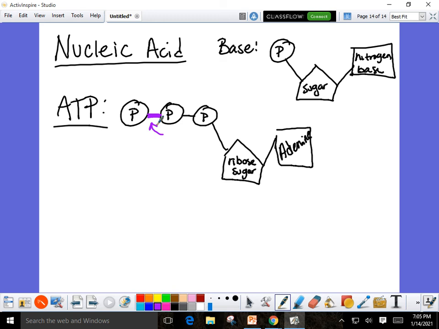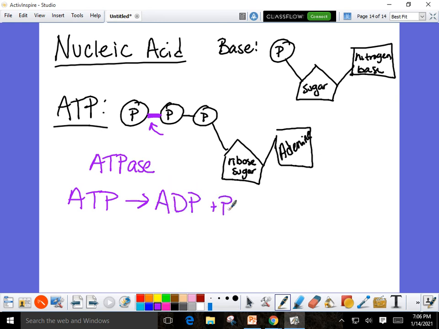Okay, and it is broken by an enzyme called ATPase. Okay, or adenosine triphosphatase, but we'll go with ATPase because it's a lot easier to remember. Okay, it's named ASE, means it's an enzyme, and it's named for what it breaks down or what it does. So it breaks down ATP. Okay, and it breaks ATP down into ADP, adenosine diphosphate, plus an extra phosphate, just kind of hanging out there, getting ready to get put back